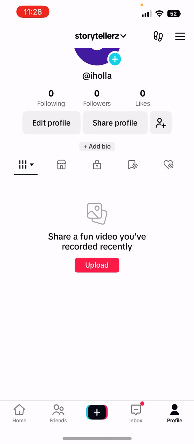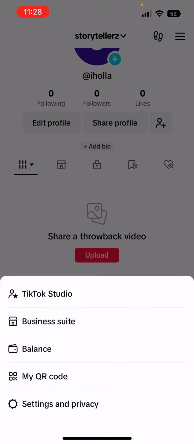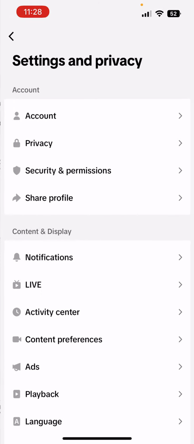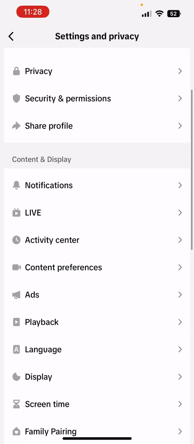And then let's click on profile in the right bottom corner. And then when you get to profile, go all the way up to the top right where the three lines are. And then go all the way to the bottom and click on settings and privacy. And then under content and display, scroll until you see